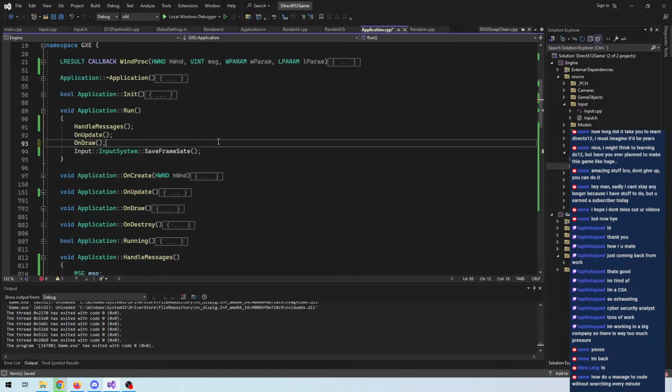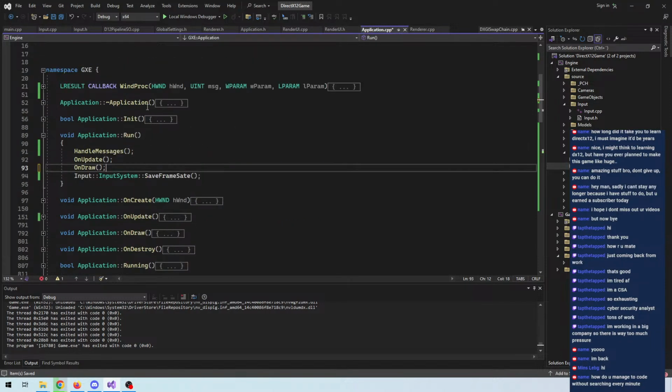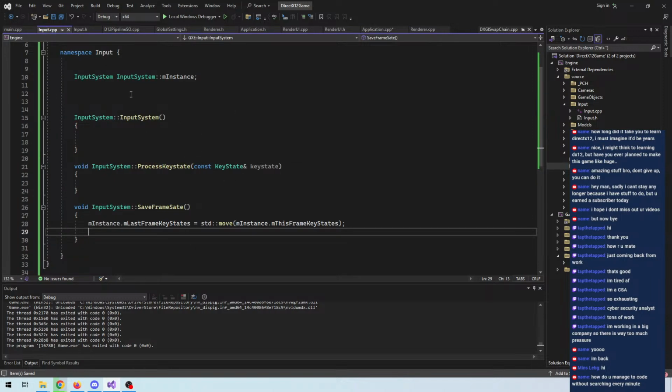So whenever our run stuff is done, we simply save this frame's key state, move it over to the old buffer, and then